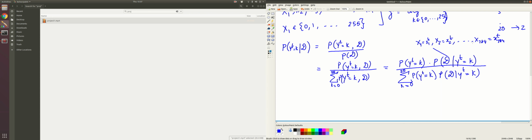The small x is the actual value, and capital X is the variable in question, the random variable. Now what is the naive Bayes assumption doing? Let's try to expand upon that. This is the probability that yt equal to k, into the probability that you actually see x1 equal to x1t, x2 equal to x2t, and so on, given yt equal to k. And the same thing here; I am not writing it, but there is a summation here.